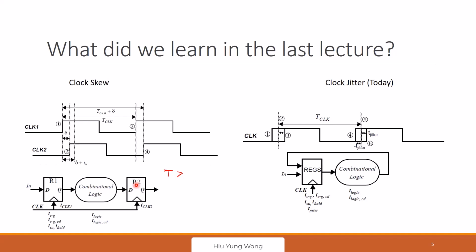Anyone? But what does it depend on? I give you so much data. What does it depend on? T C2Q minimum plus T combinational logic minimum value. TCQ, but plus T logic, but not minimum. Minimum is contamination delay. Are you referring to CD? Yeah. Okay, but now I'm asking the time